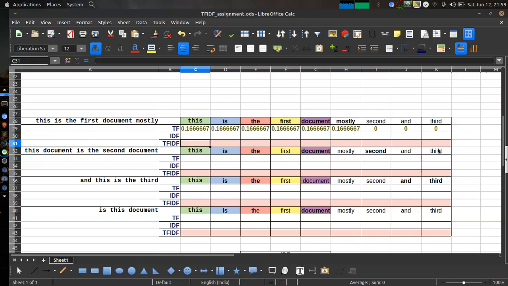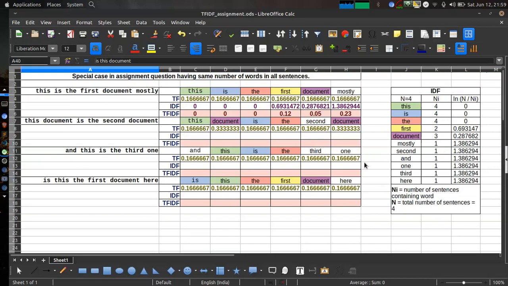This pink lines will give you the matrix, and the matrix dimension would be 4 by 9. That way you will have 4 vectors, one for each data point, of size 1 cross 9. So the final matrix would be 4 cross 9. So it is the correct approach actually, but for the sake of simplicity and assignment, you just need to ignore all the words which are not occurring in the sentence. So you will have the final answer as 4 cross 6, correct. And I guess if we repeat the process, we will get the correct answer for the rest of the three sentences.